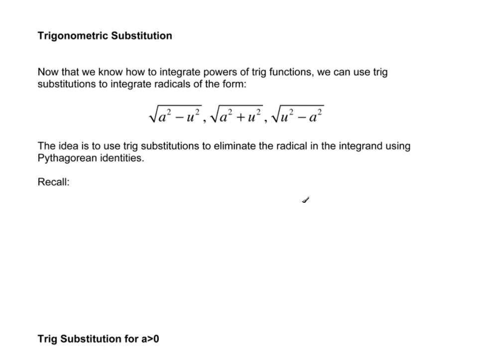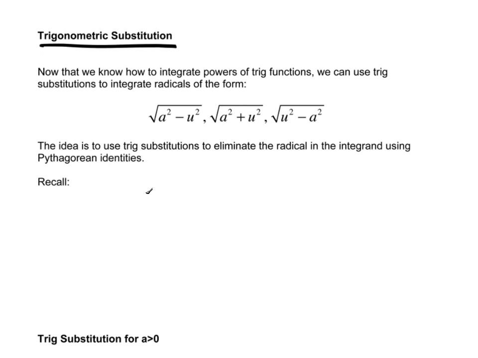Let's take a look now at the idea of trigonometric substitution. Now that we know how to integrate the powers of trigonometric functions, we can use trigonometric substitutions to integrate radicals that have this form. Because right now, if you just have an integral that looks something like this, you really wouldn't know how to deal with it. The basic idea is to use trig substitutions to eliminate the radical in the integrand and then use the Pythagorean